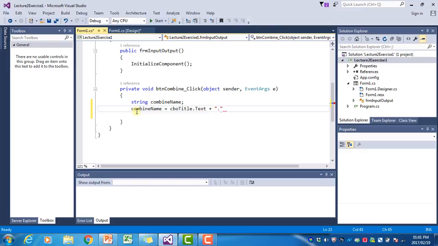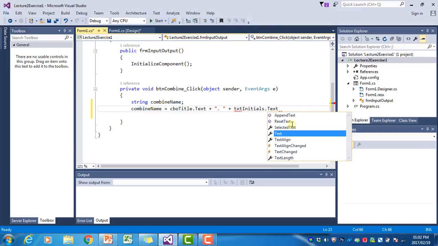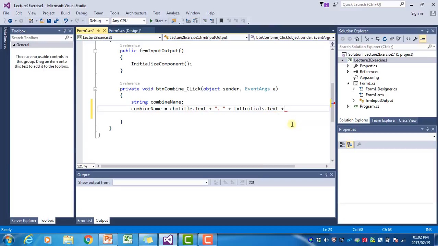So after the full stop we want a space before we have the initials. So we're going to put a space in between the 2 double quotes there. Next we're going to take the initials dot text, so that will give us the initials that the user entered. We then want a space